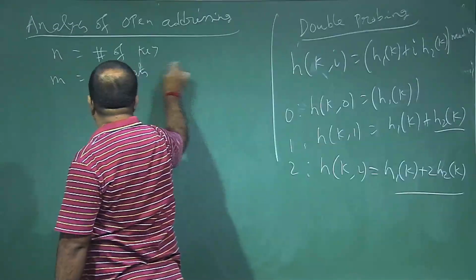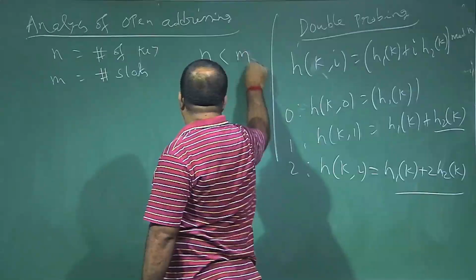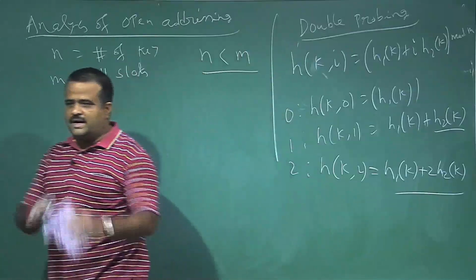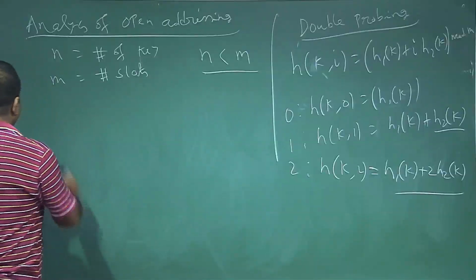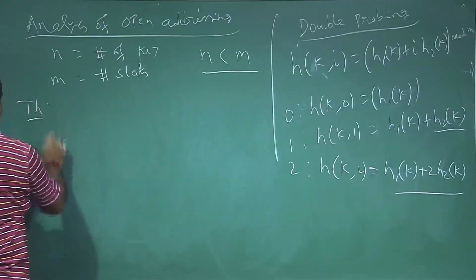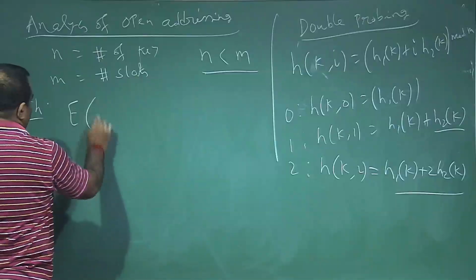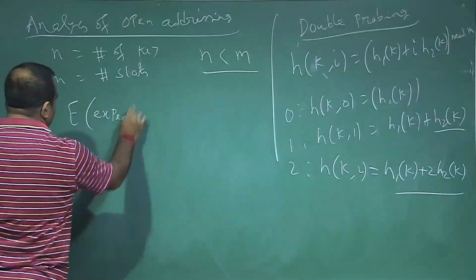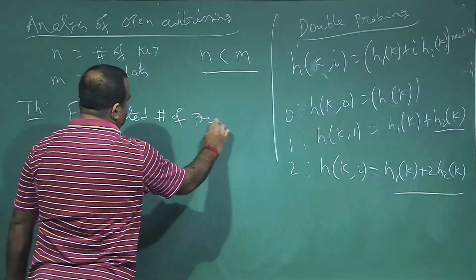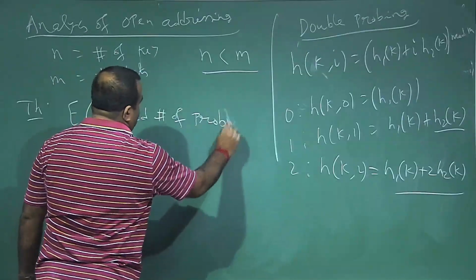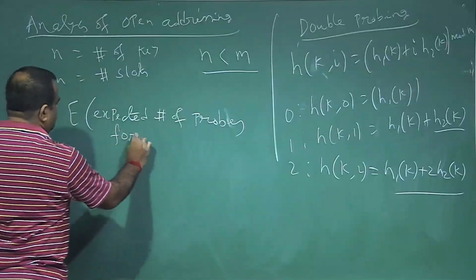For open addressing, n must be less than m, otherwise we cannot fit everything into the table, since we are not allowing any extra storage. This theorem tells us the expected number of probes for an unsuccessful search